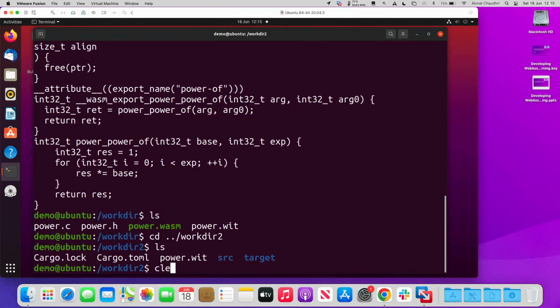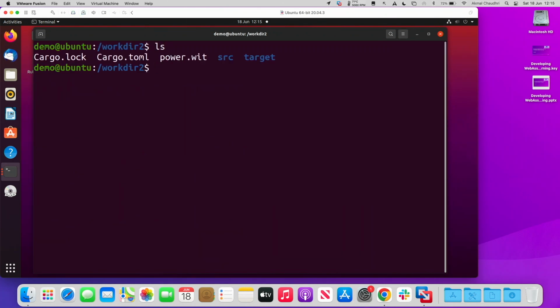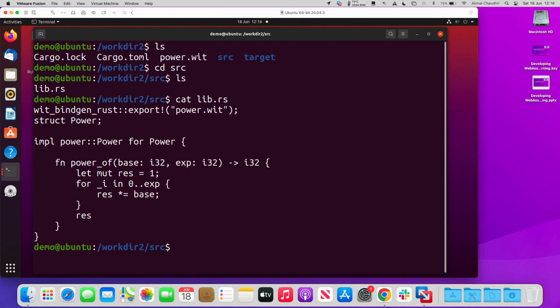Slightly different for the Rust there. There's a bit more that's generated for us. So again, the power.wit resides in the root directory there. We've got the cargo file that I showed you a few moments ago, the source directory, and there's our implementation that we provided in terms of how we actually want to achieve this x to the